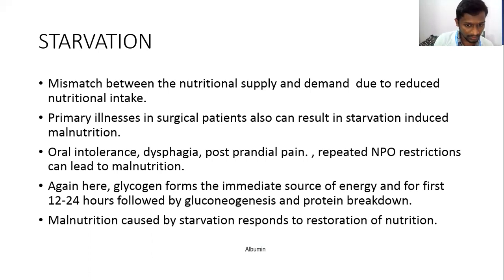Or imagine if he's having postprandial pain. Whenever he's having pain, a person would tend to take less food. Again, this would result in a decrease in the supply compared to the demand. So again, starvation sets in. Or in case of repeated NPO restrictions, imagine a patient who needs some investigations where NPO is